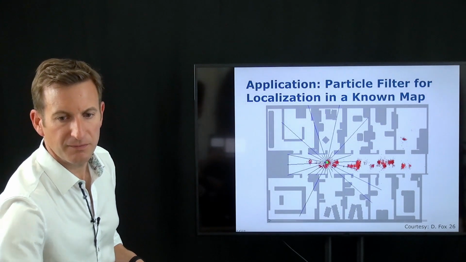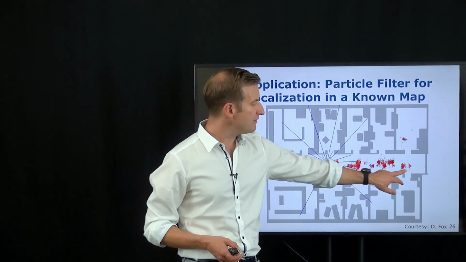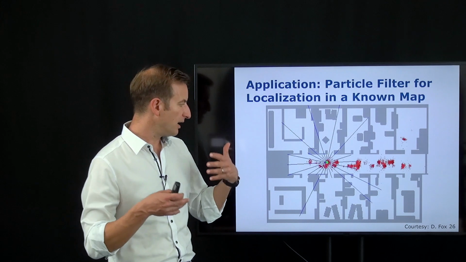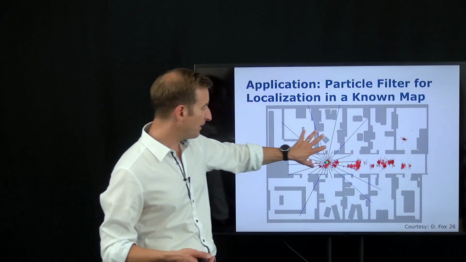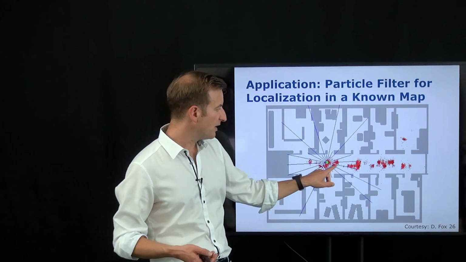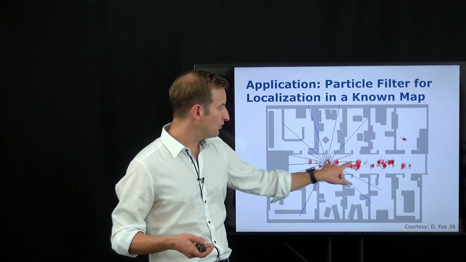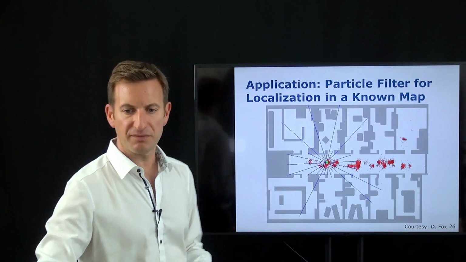And if I pause that video over here, you can see that a lot of the probability mass is accumulated within the corridors through this repeated sampling, weighting and resampling step. A few samples have survived over here, but there are nearly no samples in the other rooms. And you can also see that there are two clouds. Those clouds are very prominent. These are two explanations of where the system could be, because they represent the symmetry of the environment.